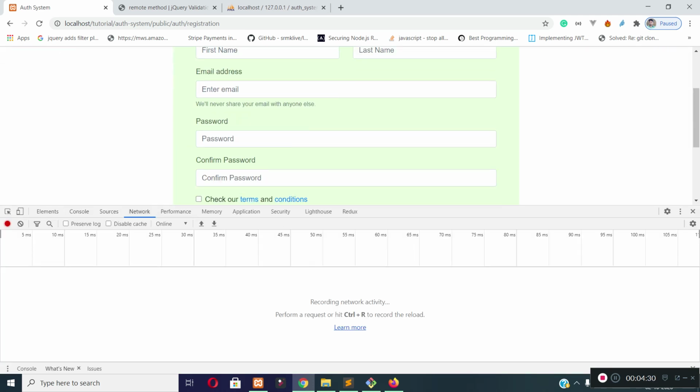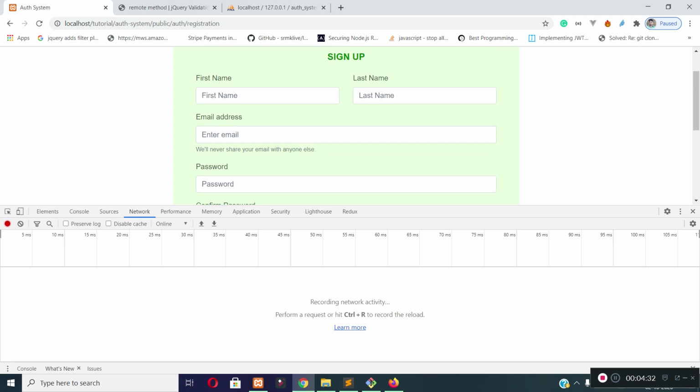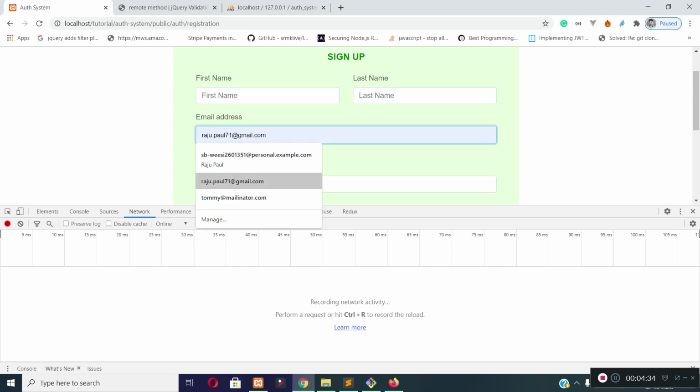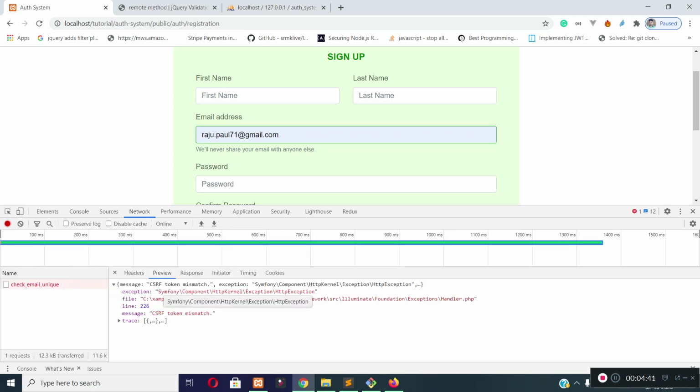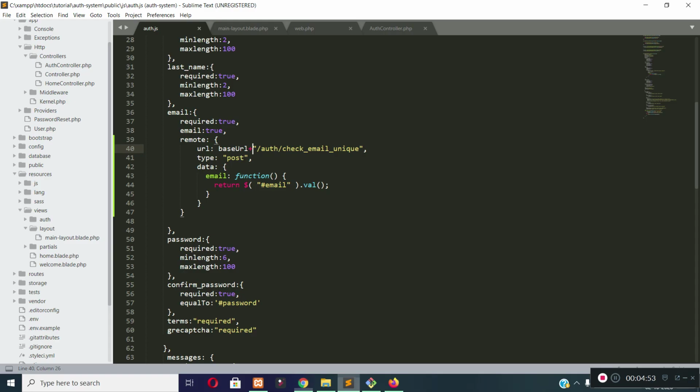And inspect the page and go to network tab, and let's enter an email address. You can see we are making a request to this URL, but there is an error called CSRF token mismatch. As we are making post request to this route, we need to pass CSRF token value. So this error message is showing there. So let's pass the CSRF token value